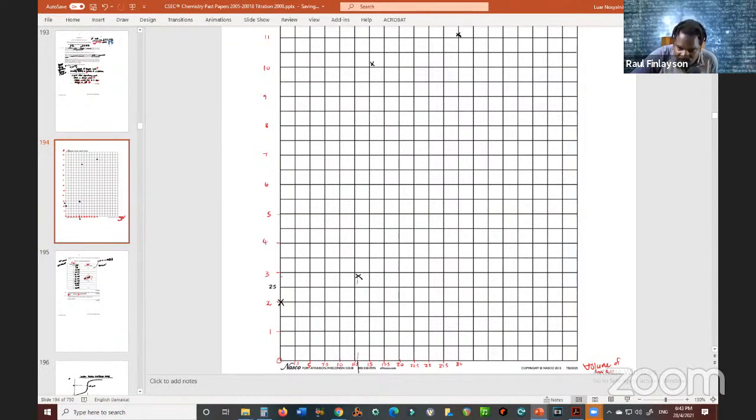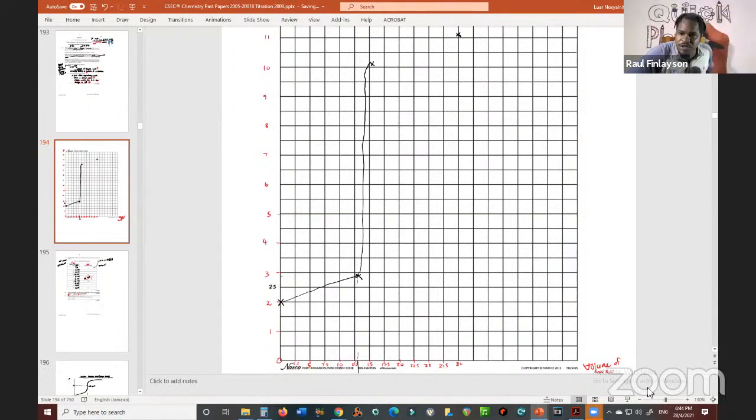Certainly, this is a curve. This is what we call a titration curve, by the way. So we're going to join these points. Now, it's kind of difficult to do online, but what the heck, we're going to try. This is where the sharp change is, guys. Sharp change taking place right here, as it reaches 2.8. There's a sharp change, and when it reaches here, it just curves away. So this would be worth 3 marks here,